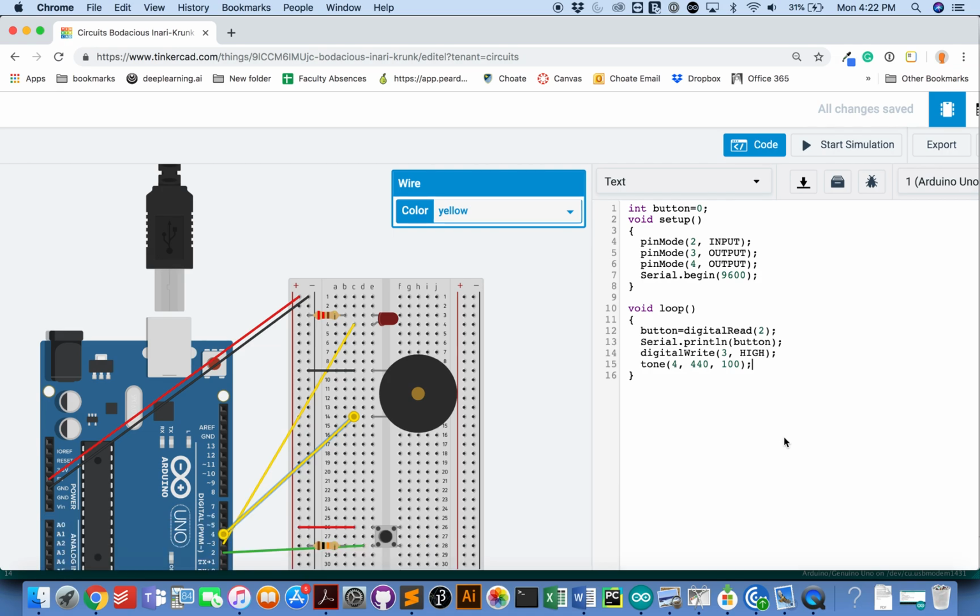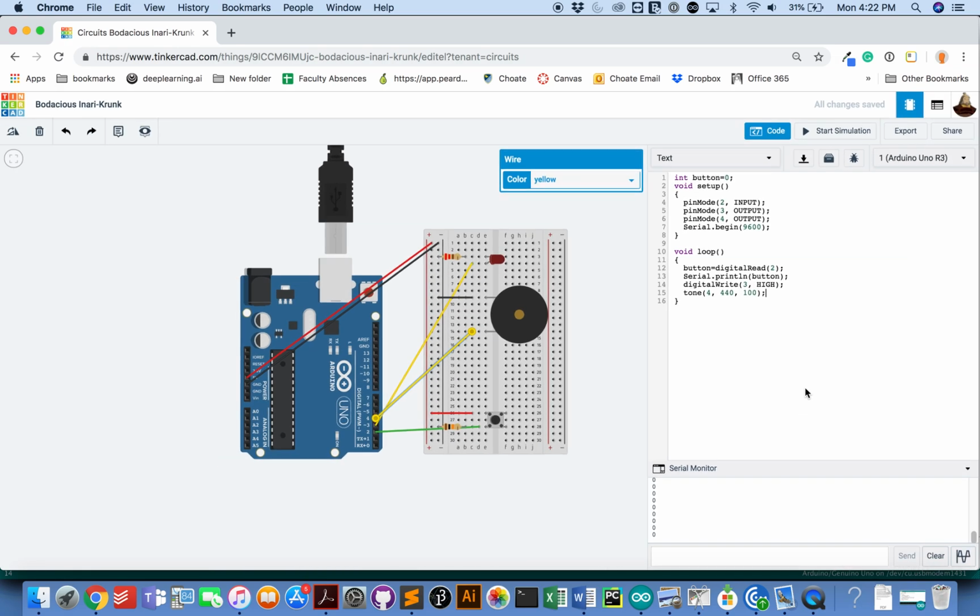Okay. Step by step. We do start simulation, get the light, get the sound, see the button still working. Perfect. Okay. Next,